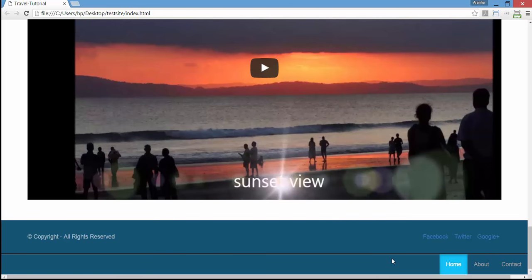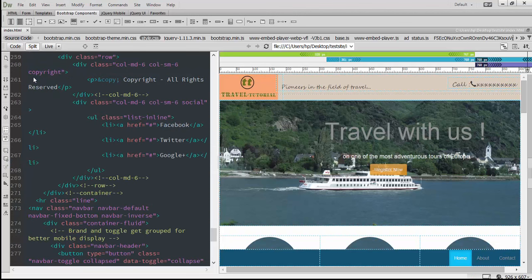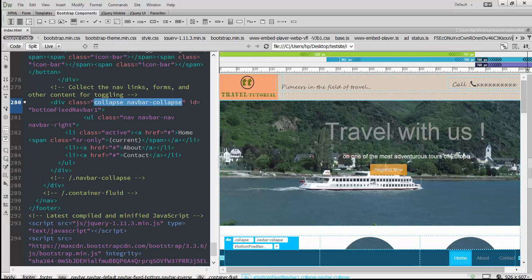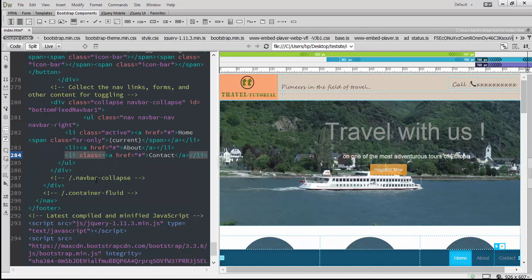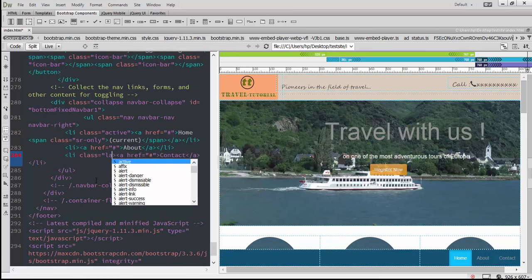So this completes the navigation, but before we conclude, let's move these three menu items to come in line with the social icons above. So to do that, coming to the style sheet here, we need to move the last item, contact, and the last item is the LI here, contact. Let's give it a class. Let's say last,